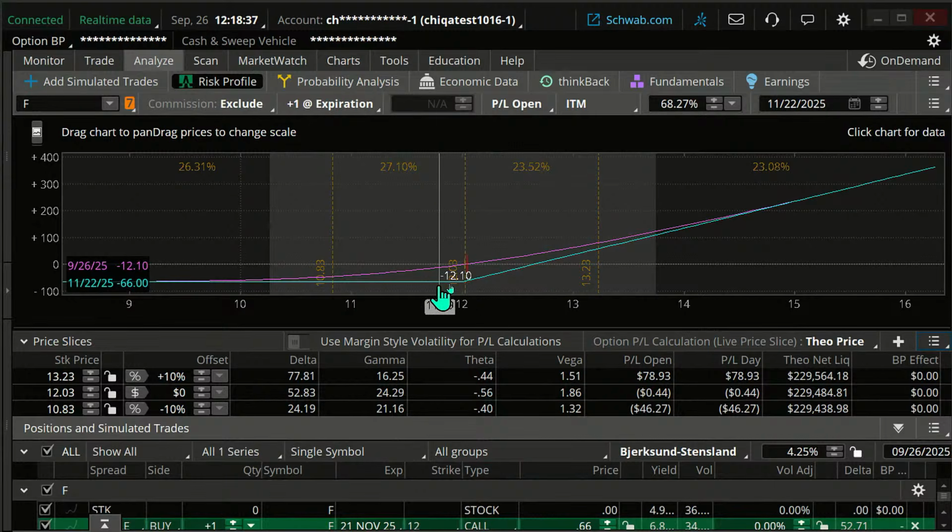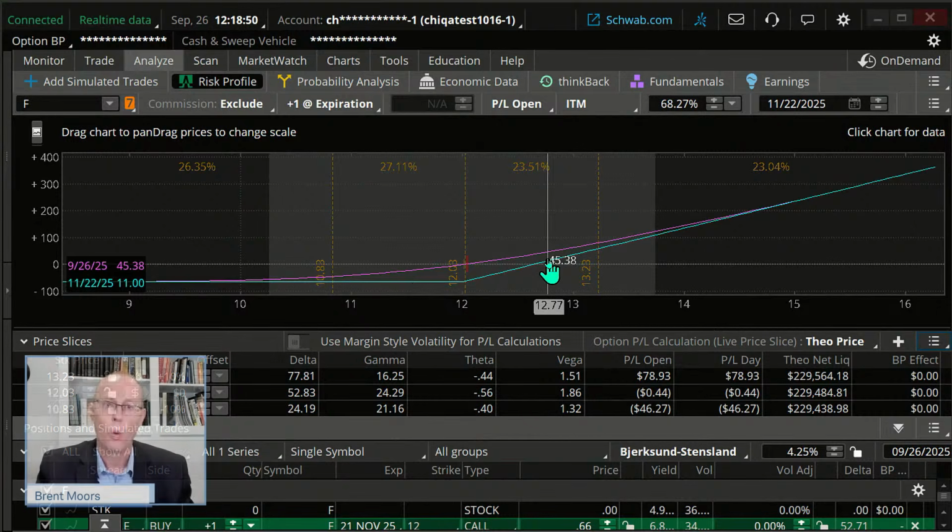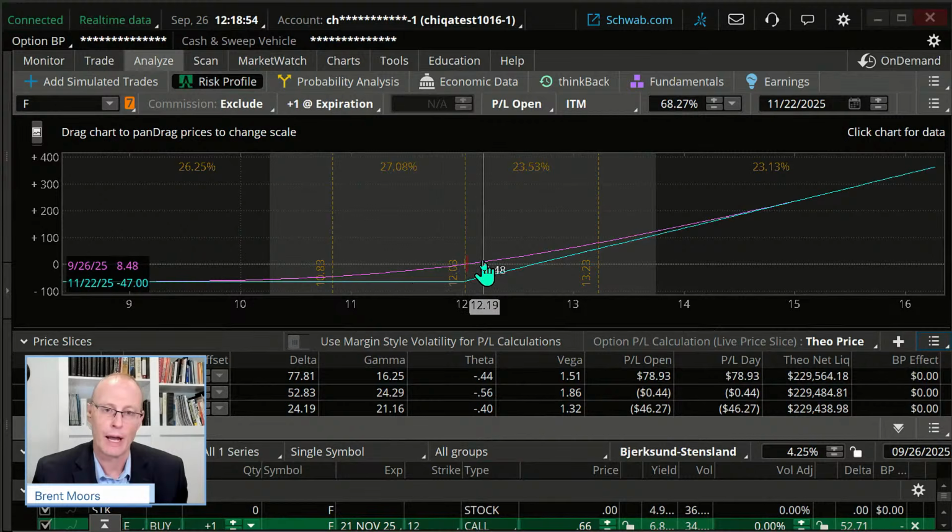Now, there's 2 lines here. I've asked you to focus on the blue line. That line represents at expiration. But everybody here listening to me right now knows options change over time. What about today? Today's graph looks like this purple line right now. Think about it. With the long call, there's time decay. As time goes on, this option, which looks like this purple line right now, our profit loss kind of goes down.